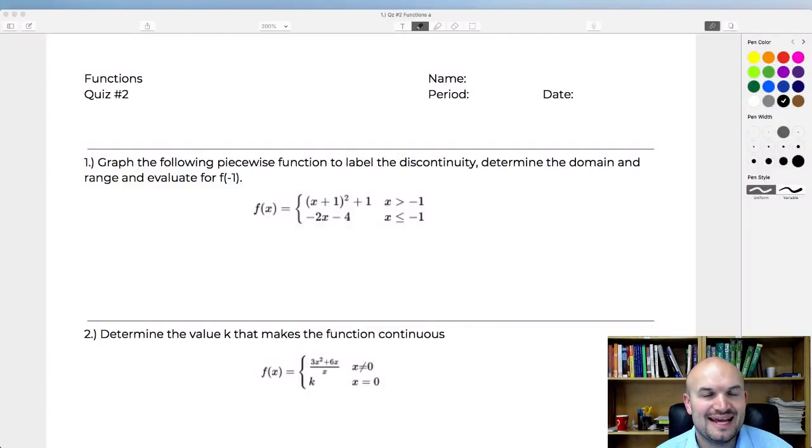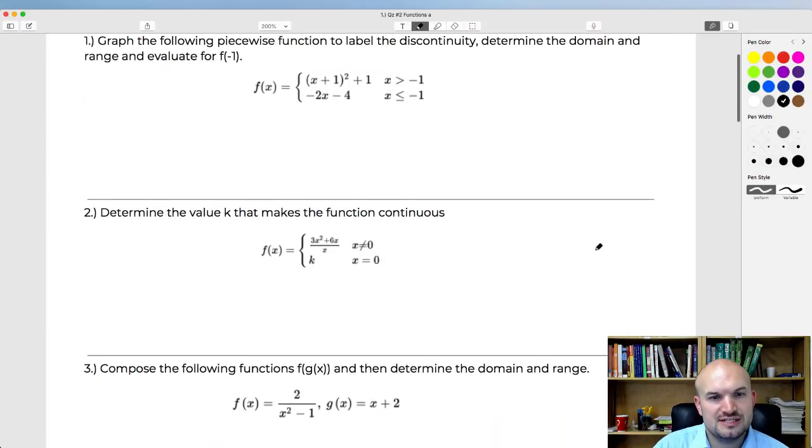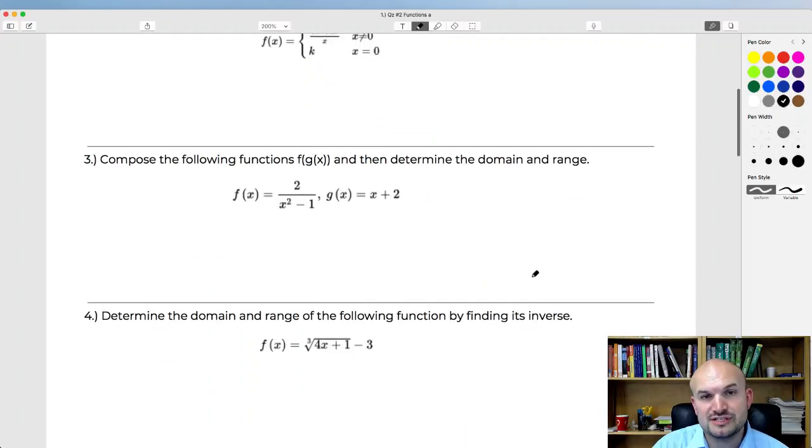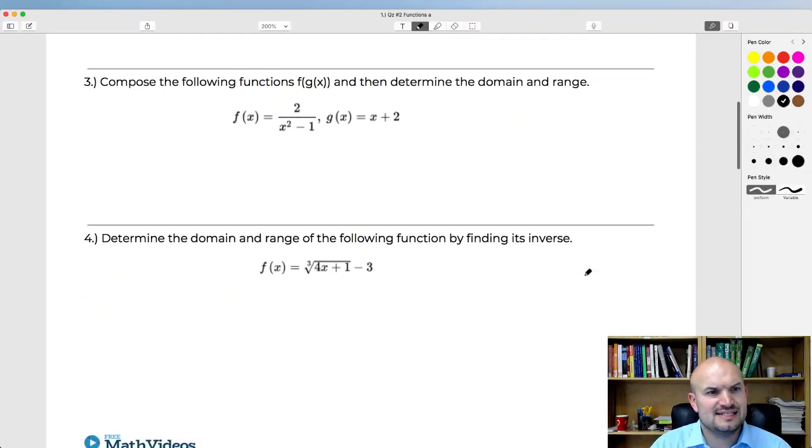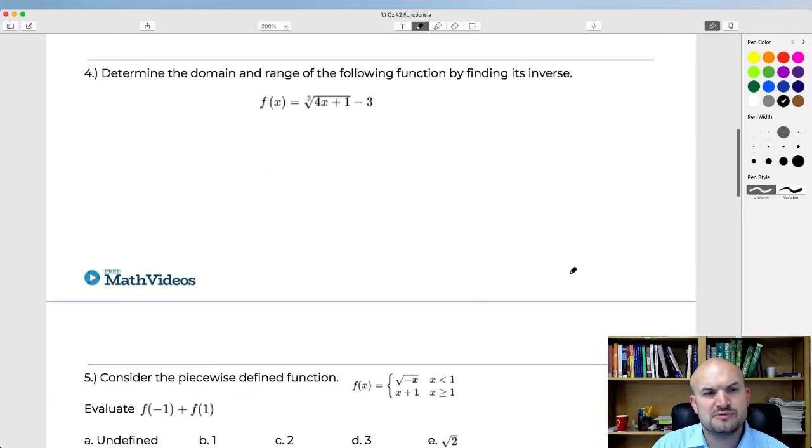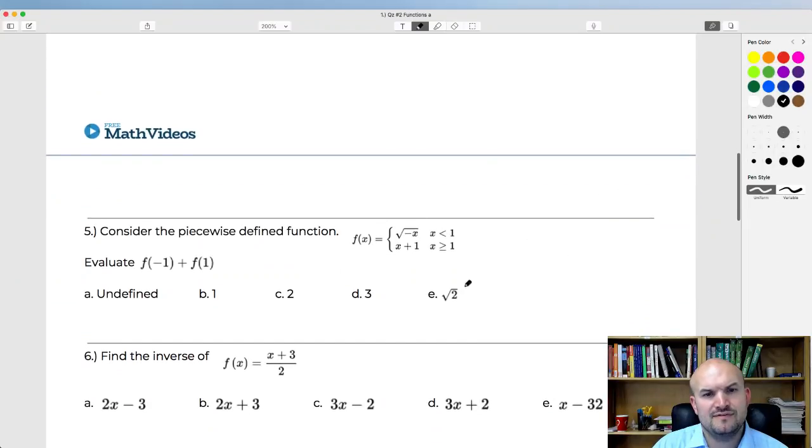And what I want to do in this live stream is cover our second quiz that is covering functions. So this is quiz number 2. And what we're going to cover in this one is a quick little quiz, just covering piecewise functions, operations of functions, as well as inverse of functions. And I have 4 free response questions, and then I have some multiple